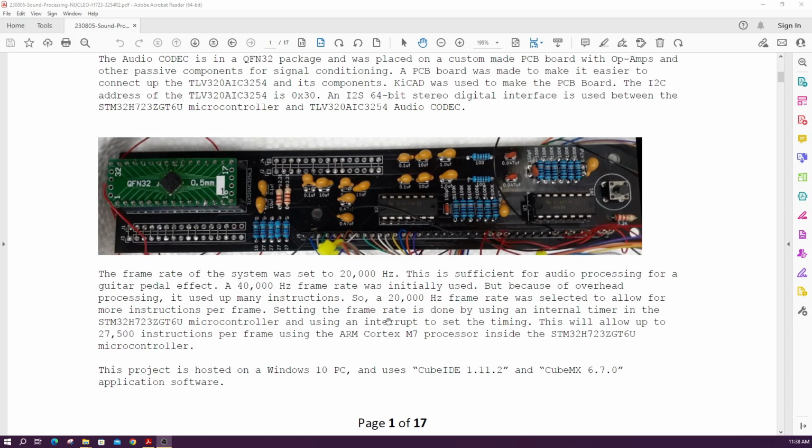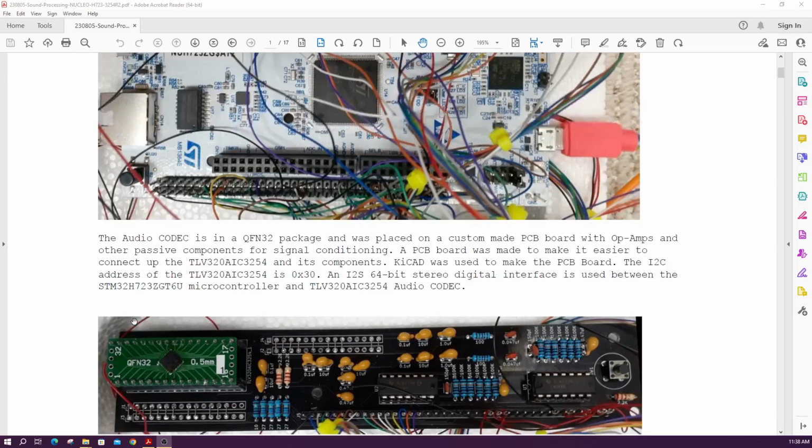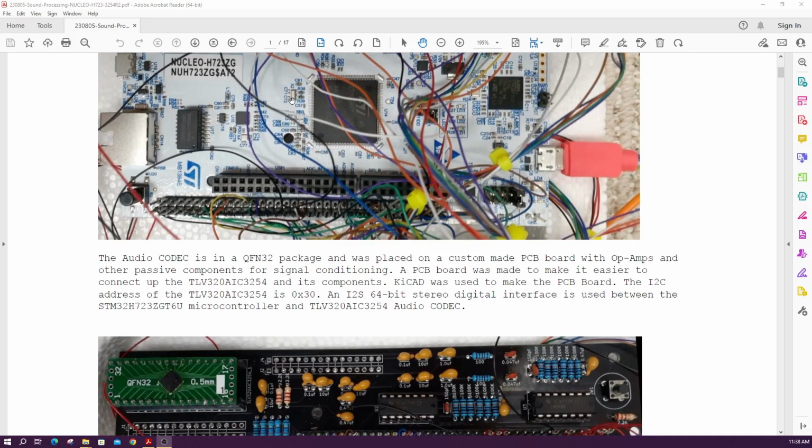So setting the frame rate is done by using an internal timer in the STM32H723ZG T6U microcontroller and using the interrupt to set the timing. This will allow up to 27,500 instructions per frame using the ARM Cortex M7 processor inside the STM32H723ZG T6U microcontroller. So this is the processor here, which is running at 550 megahertz, and there's an interrupt in here that goes off 20,000 times a second that sends the data back and forth using this I2S interface